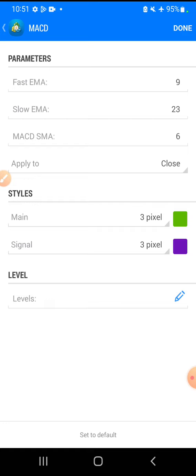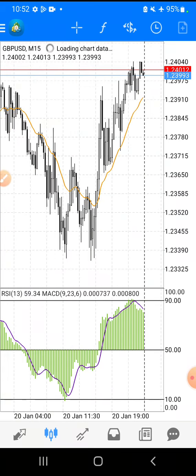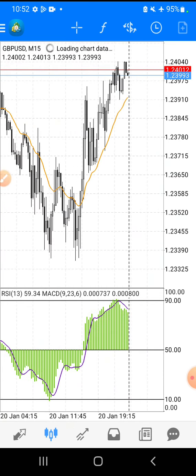You're going to have a fast EMA of 9, a slow EMA of 23, a MACD SMA of 6, apply to close, and then the styles, we're going to have the main one having a green color, and we're going to have the signal one having that purple color, and then we can click done, and voila, we now have the MACD added to our indicator window 1.